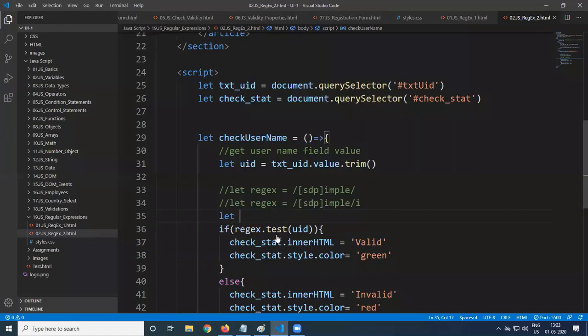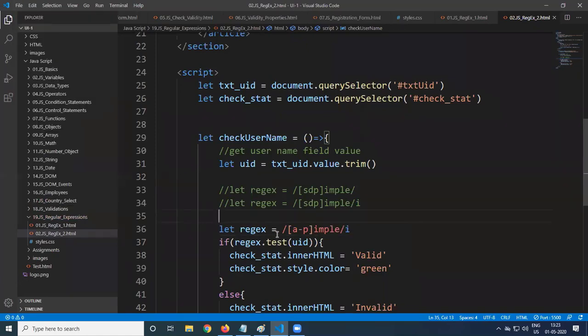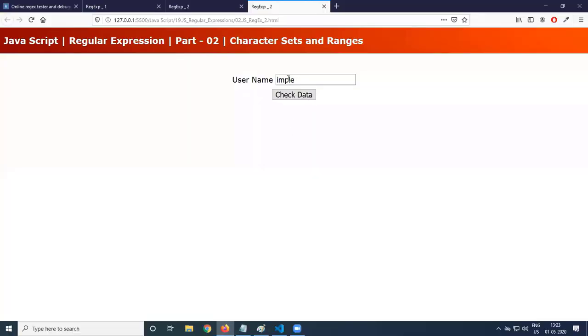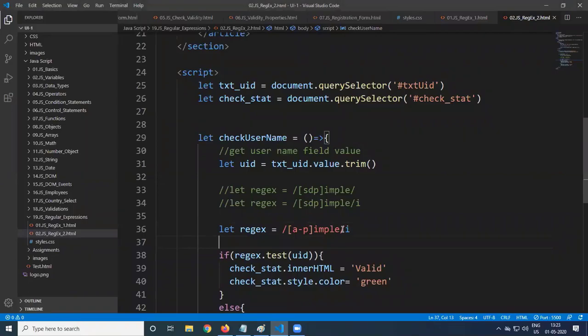For providing that range, regex is equal to the regular expression, in square braces A to P, IMPLE, with I meaning case insensitive. Now you see this, valid, P valid, capital A valid, capital C valid, capital X not valid, invalid, because we are allowing the characters A to P, IMPLE.